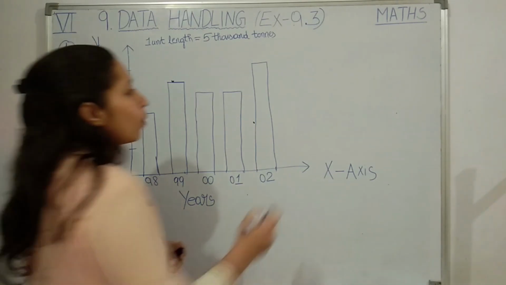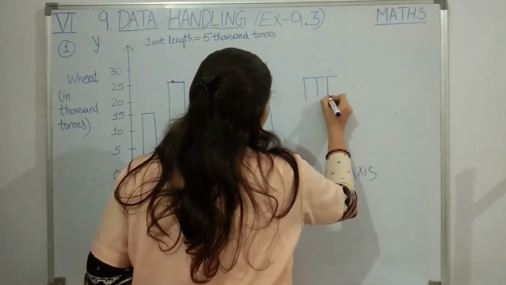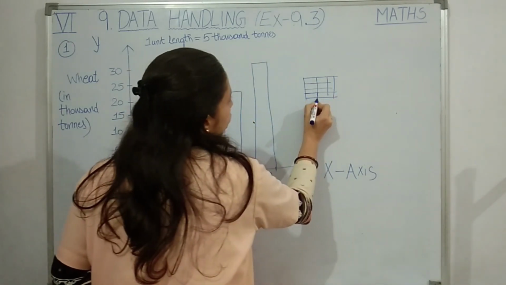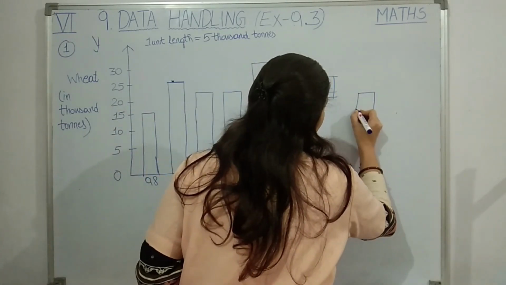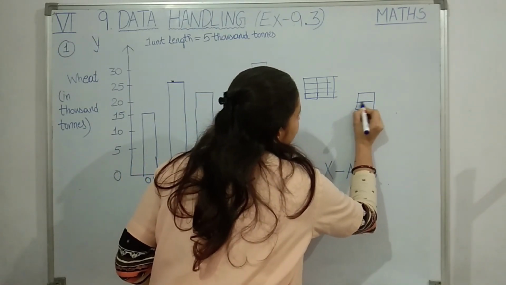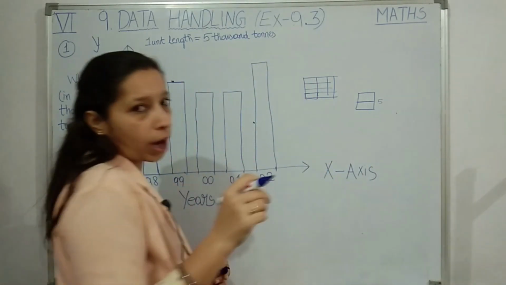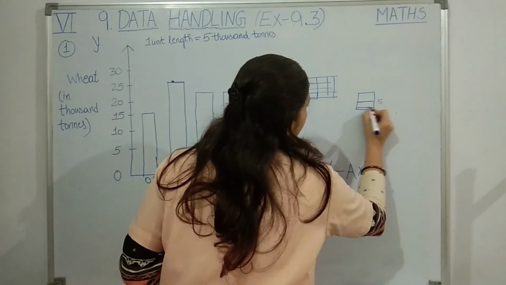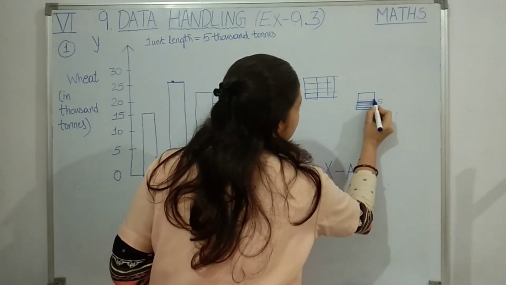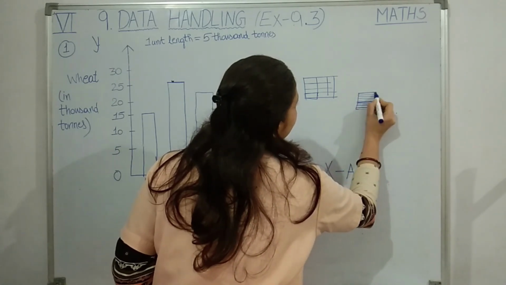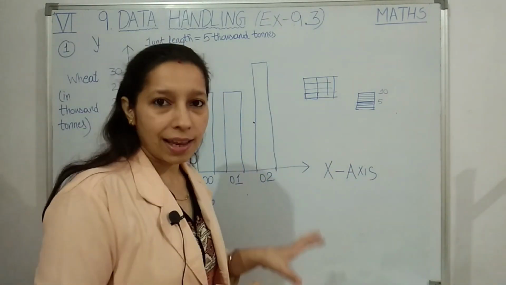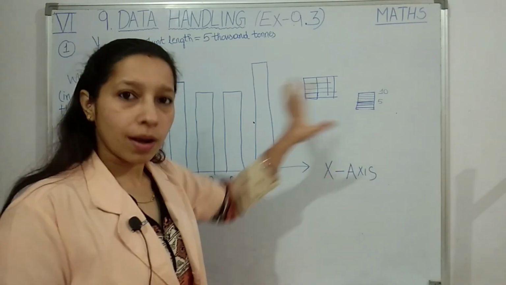When you use your bar graph copy, you can see that the bar graph page has such small square boxes. I'll take one box from this to explain you. That one box, in between it will have a dark line which will be denoting the fifth point or fifth unit. Here 1 unit, 2 unit, 3 unit, 4 unit means 4 lines. This will be the fifth line. In the same manner 6, 7, 8, 9 and again the 10th point. So one box is of 1 centimeter and 10 millimeter lines are given to you. So this is the scale of your one box.